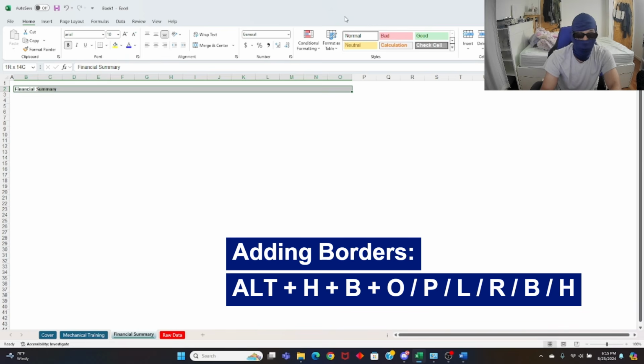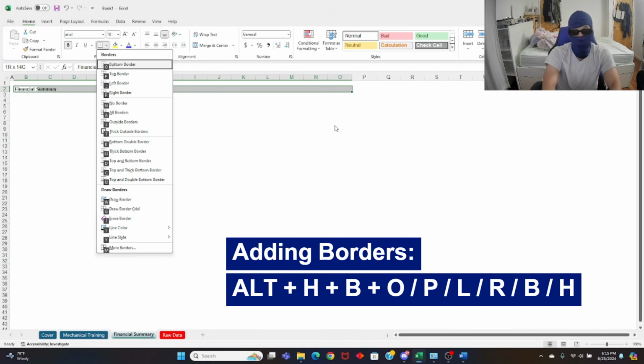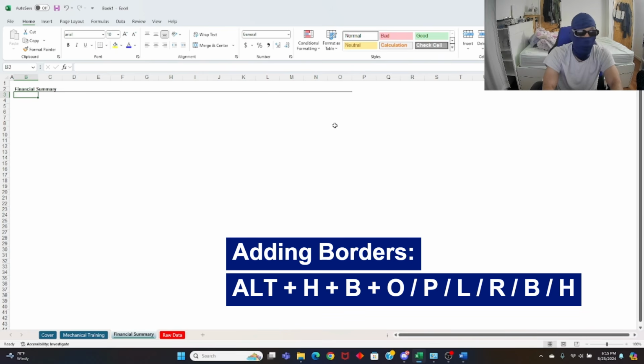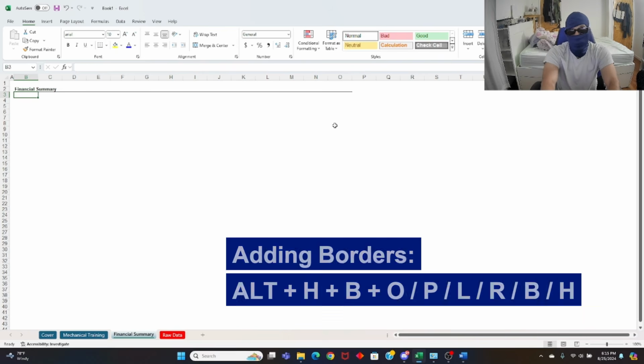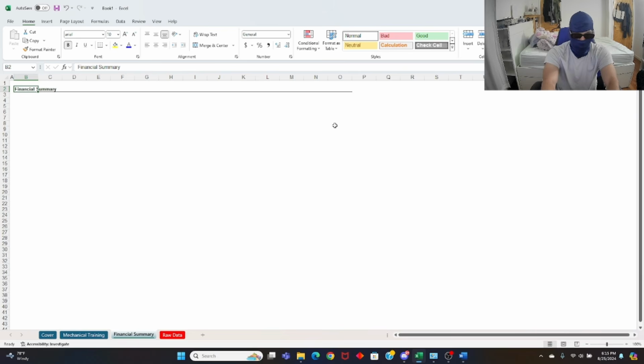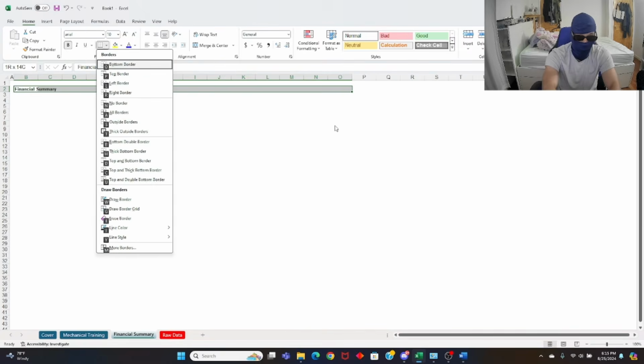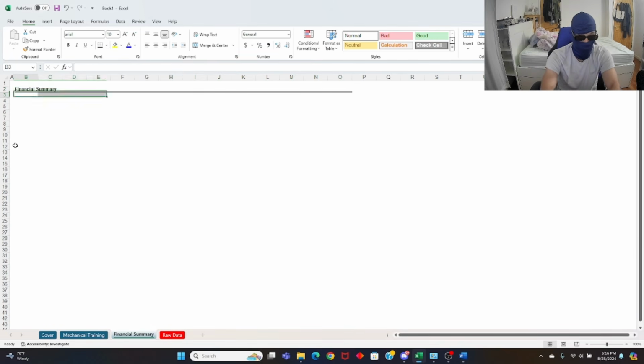My border is right, I'm forgetting, but it's right here. So you want access to borders, so you're going to do Alt H, border B. We want a bottom border, so O. So now it gives you a border. And let's say, oh, I don't want this border, I want a thicker border. You're going to go back again, Alt H B with the thick border. It's H, thick bottom border, H, boom, a thick border.